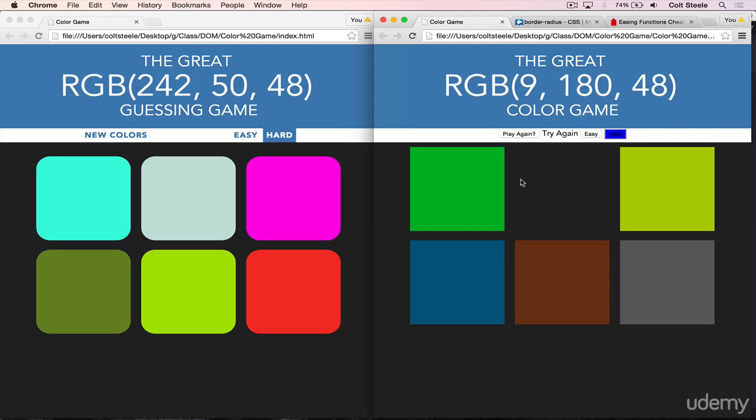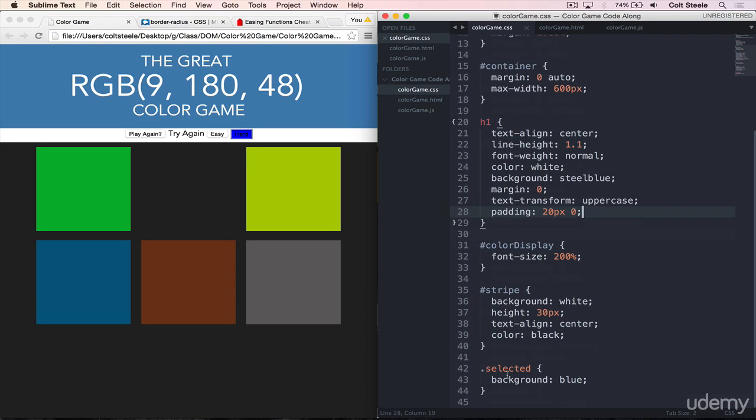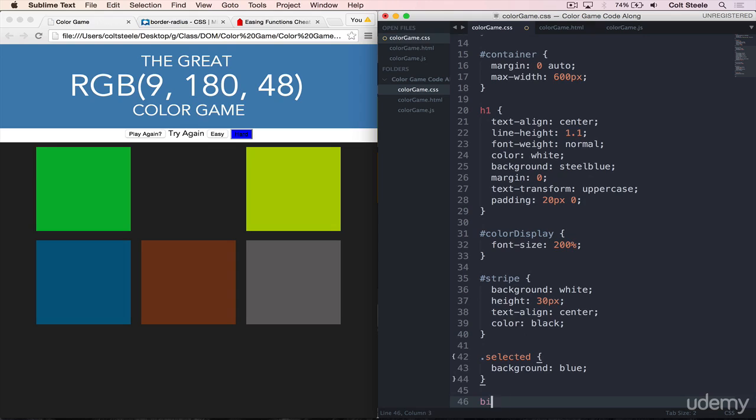The first thing we want to do is get rid of the borders, so we don't have this obvious border around the button. We also will want to get rid of the background color, so there should be no background. As you can see here, it's just white until we hover or until we select one. Also, we want to make sure the font family is the same as this font up here. So let's get started, and I'm going to select all buttons. So button,